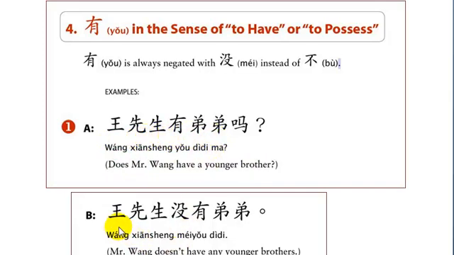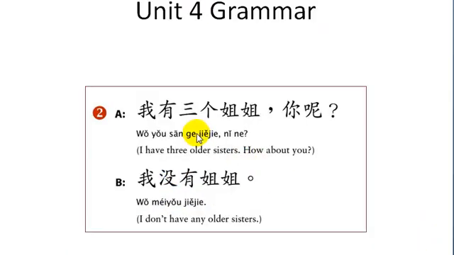Okay. And then the answer is just the sentence repeated. And if it's negative, you add the 没 in there. 王先生没有弟弟。If he had a brother, you would say 王先生有弟弟。